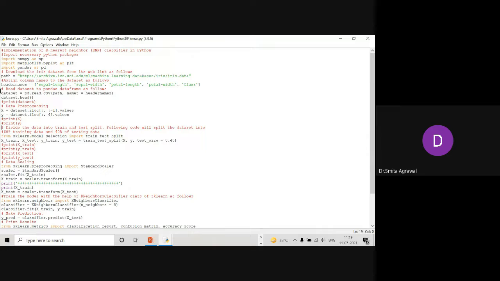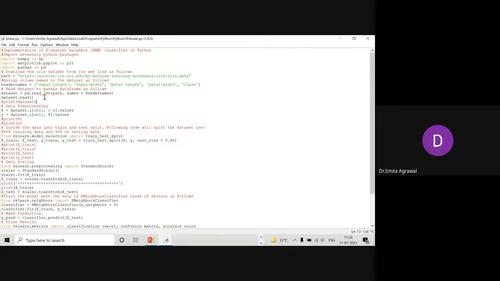The dataset is equal to pd.read_csv. We can read the data set using pandas, and this is the syntax for how we use it. Next, we have used dataset.head, which represents the head of the data.